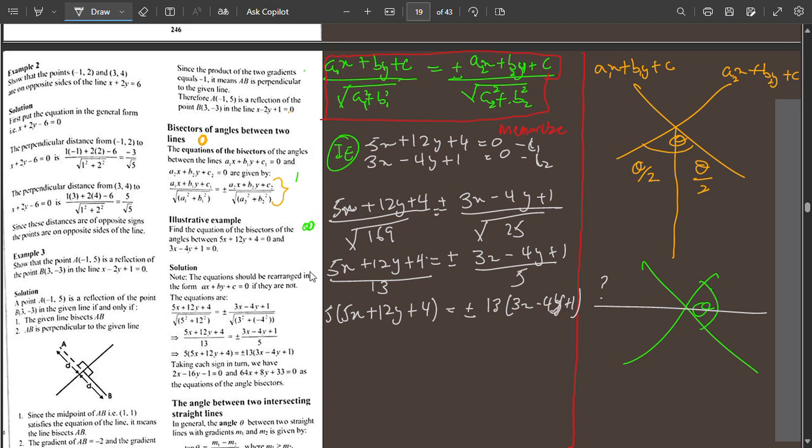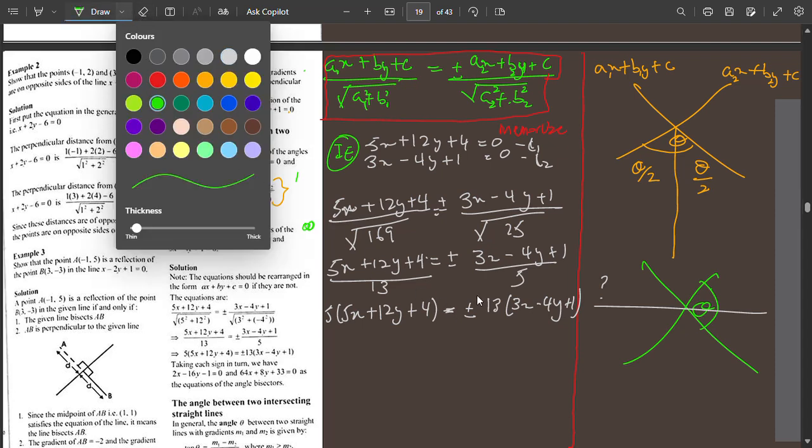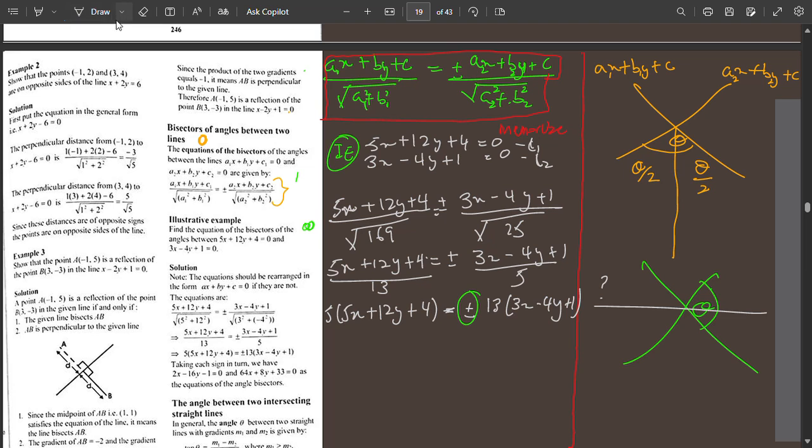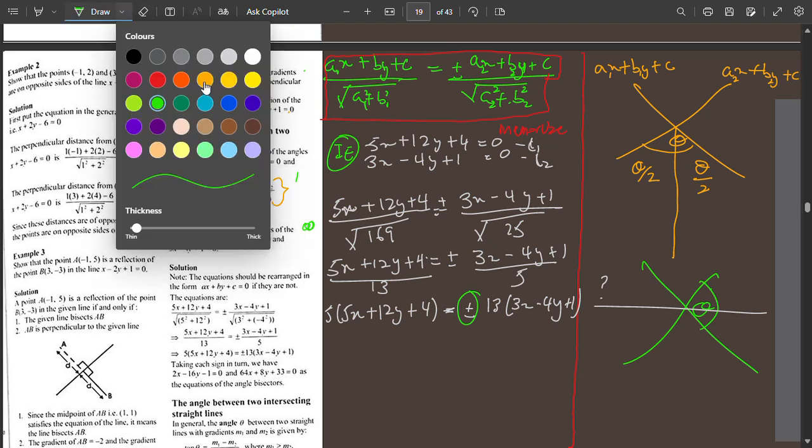Taking each sign in turn, we have two equations. We have plus or minus right here, so we'll take each sign one by one. First we'll take plus. If we are using plus, then we'll get,